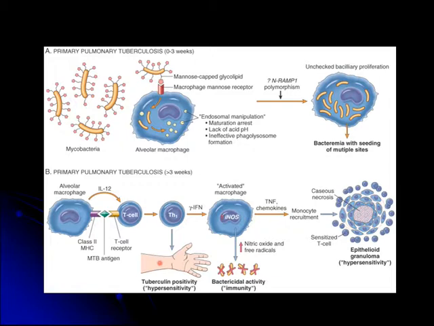If there's no delayed type hypersensitivity, these bugs, once spread throughout the body, cause what's called miliary tuberculosis, which is basically tuberculosis disseminated throughout the body. There's been a lot of research looking at NRAMP, a cationic channel which is involved in fusion of the lysosome and the phagosome, and polymorphisms have been found in populations which are particularly susceptible to tuberculosis. So it just goes to show you that we're all not the same, and some people who have different variants of this gene are more susceptible to active TB than those of us with different polymorphisms.